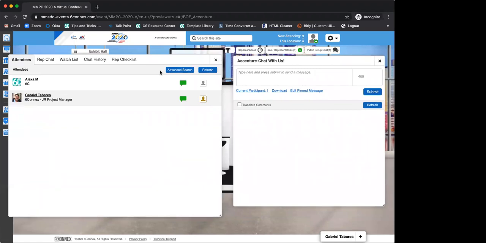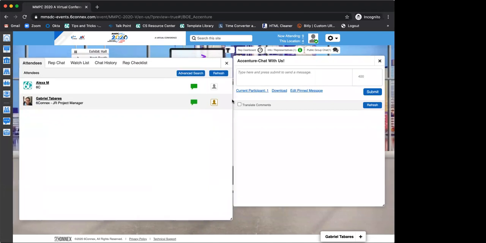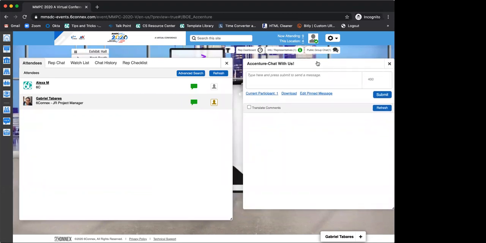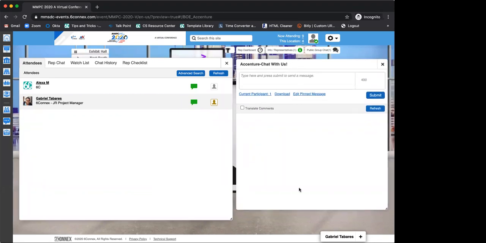Or make it, well, actually this one I cannot make it smaller, but you can just move them around, okay? And have this. This one is a public chat, okay? That means that anyone can start a conversation with you, not just one-on-one. I'm going to start with hello, but someone else can come in, for example, Gabriel or Alexa for that matter. She can actually go ahead, open that public chat and say, I have a question,